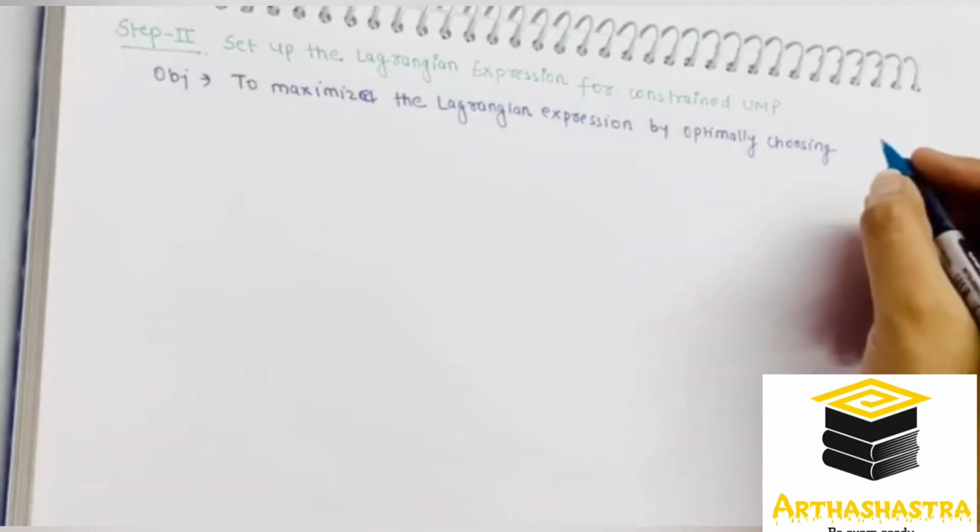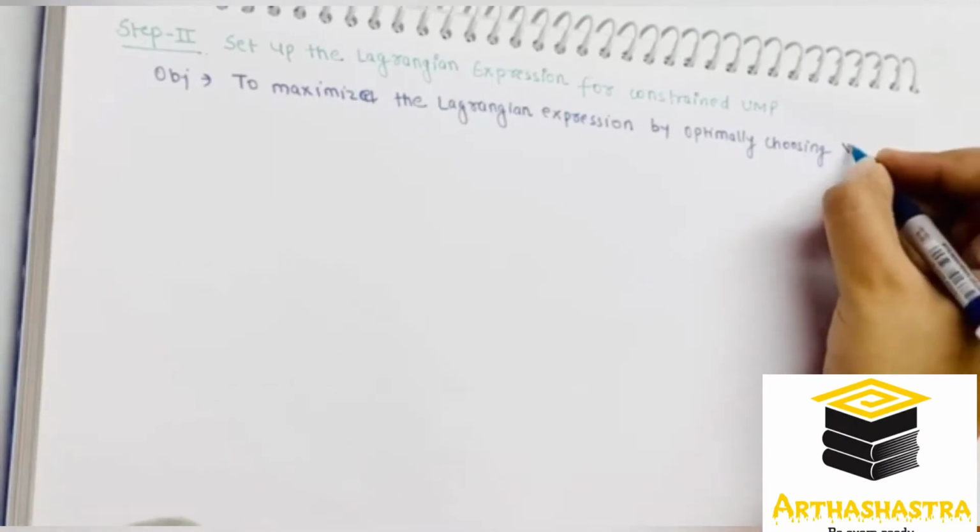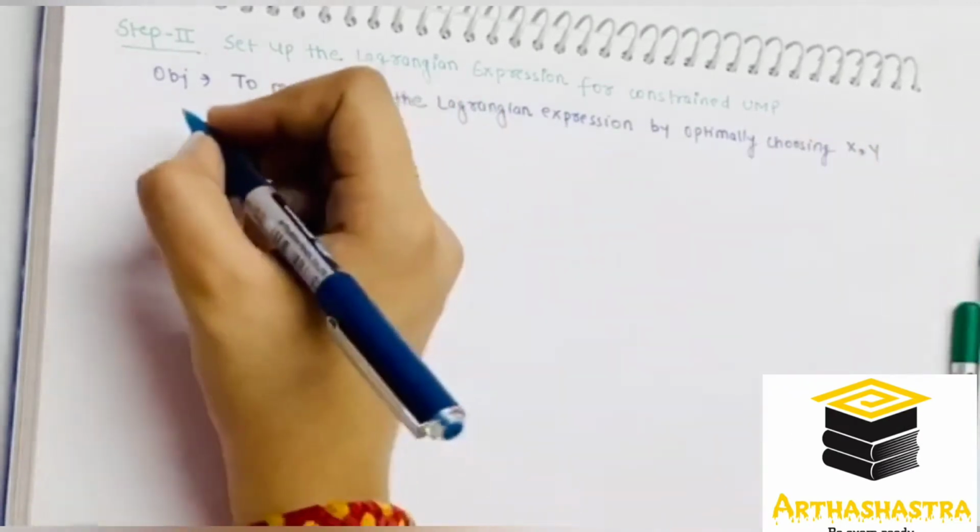So he is optimally choosing the two goods x, y and